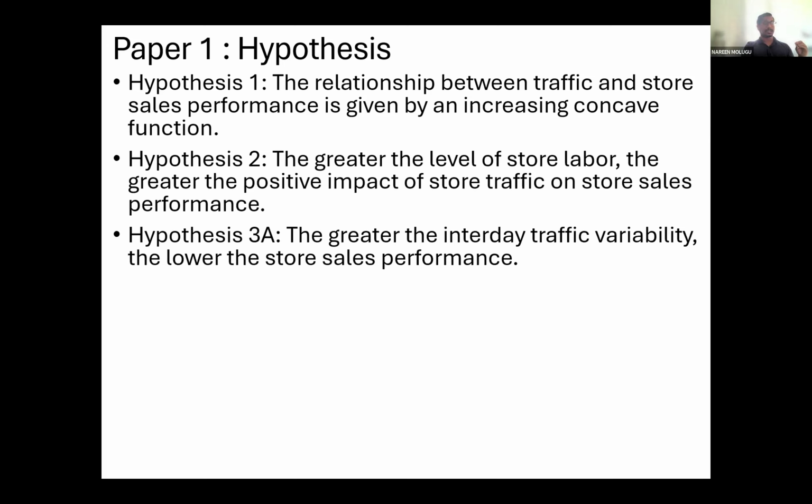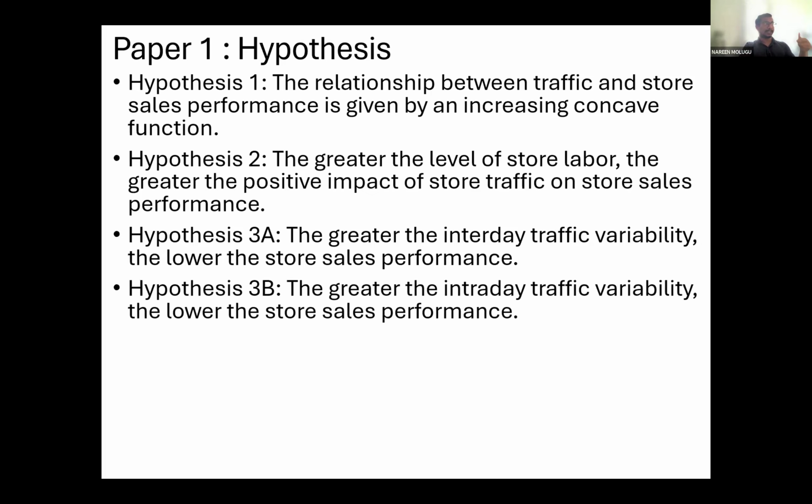And the third hypothesis is about variability. Part A is within a day: if the variability of my demand is fluctuating, then it will be difficult for me to adjust my labor. So in mornings or evenings, depending on the time of day and the schedule of the laborers, there would be times in which a mismatch might happen. And because of that, again, the quality of service would reduce, hence the sales would reduce, even though the footfall increases. So 3A and 3B are for interday and intraday variability of traffic,